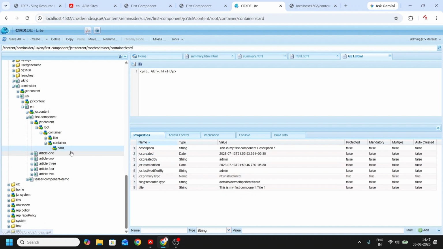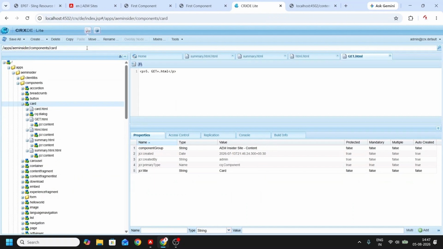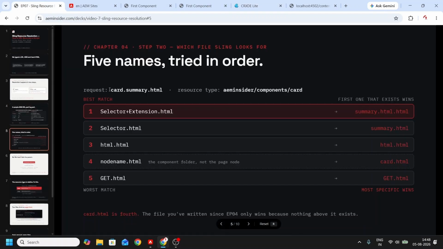Here you will be having your resource. From the path, you are going to have the resource type. Copy this path, go inside apps slash, and this is your resource type. Inside your card component, you have 5 files. Based on the URL, Sling is going to pick one file from these 5 files. Now, in the previous discussion, we discussed that if the URL has something like this, it is going to pick